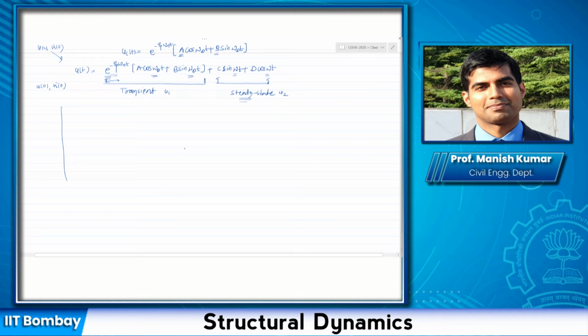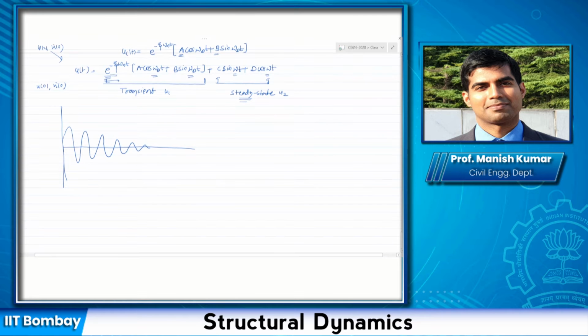The first one, of course, would depend on the value of u1, a and b. But let us say it starts for some initial condition like this. Because there is a damping term, the amplitude would decrease, and it would go to a value of 0 after some time. So this is my u1. Now remember that this was for an undamped case vibrating at a constant amplitude. However, in this case it goes to 0.